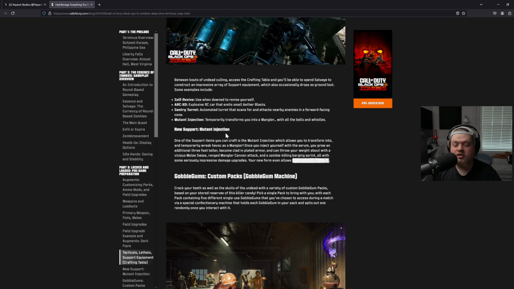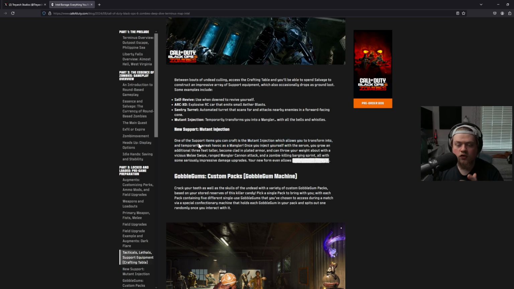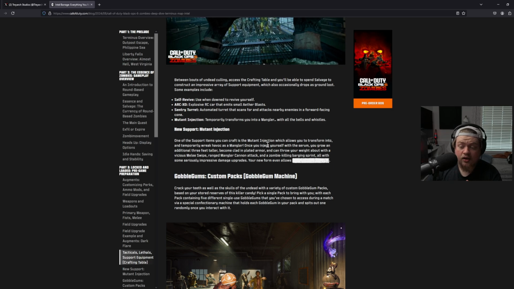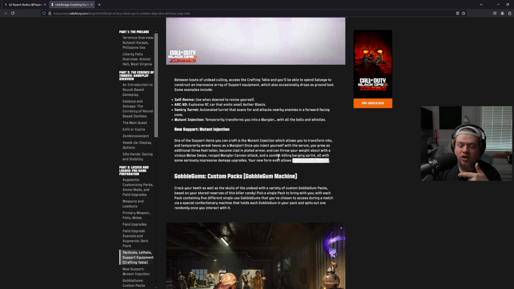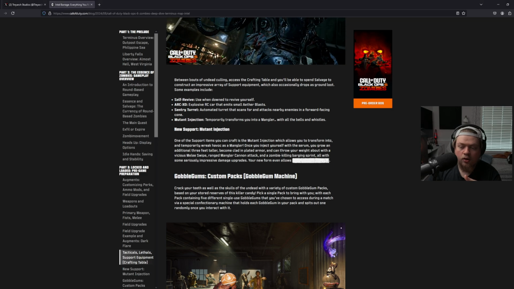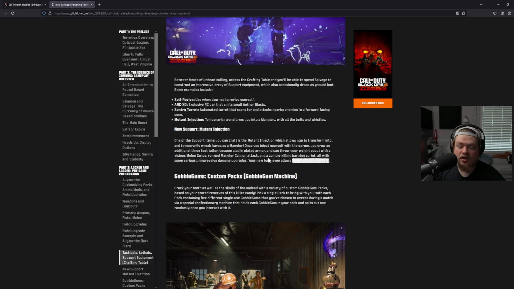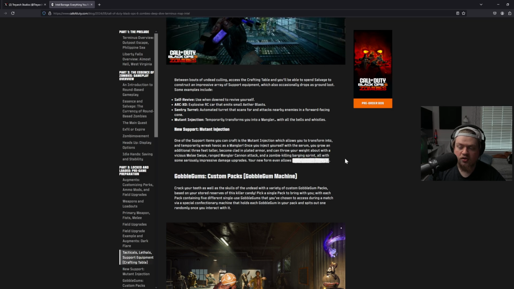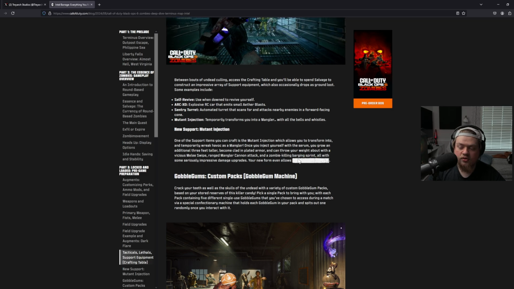New support, Mutant Injection. One of the support items you can craft is the Mutant Injection, which allows you to transform and temporarily wreak havoc as a mangler. Once you inject yourself with the serum, you grow an additional 3 feet taller, become clad in plated armor, and you can throw your weight around with a vicious melee swipe, ranged mangler cannon attack, and a zombie killing barging sprint. With some seriously impressive damage upgrades, your new form even allows...